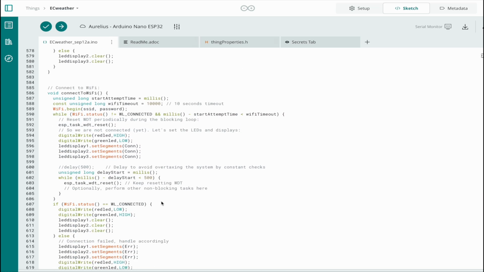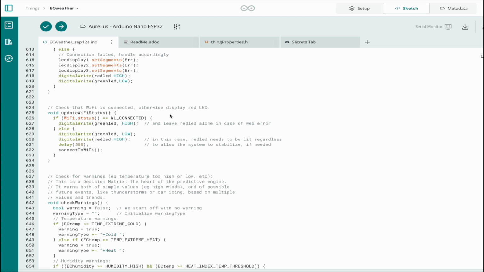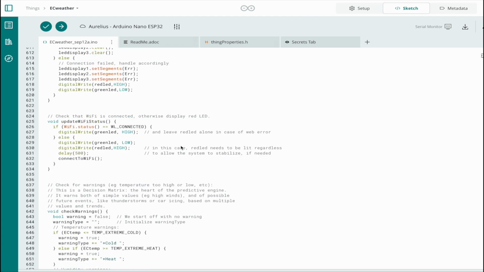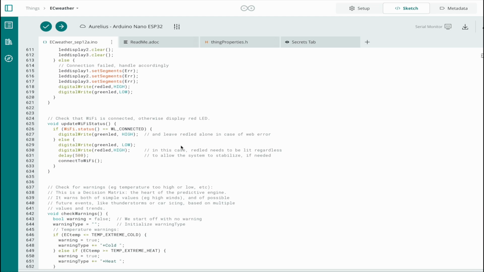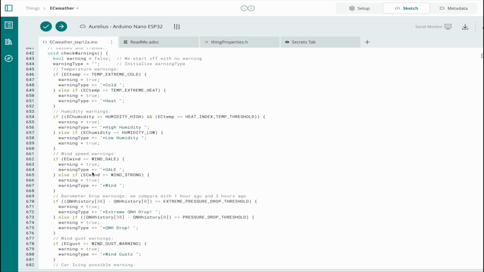There's a routine to connect to Wi-Fi. That's a fairly complicated routine as well, because if the Wi-Fi connection doesn't work, well, we need to signal that. We need to make sure we have the right LEDs on and so on. All right, let's see. That's connecting to Wi-Fi, checking regularly that it's connected, checking for warnings, and that's the most